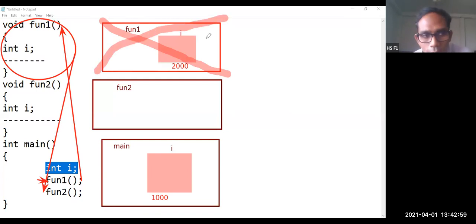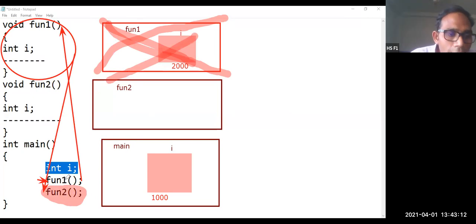It will be removed. So by the time the cursor executes fun2, there is no memory associated to fun1. Nothing there.